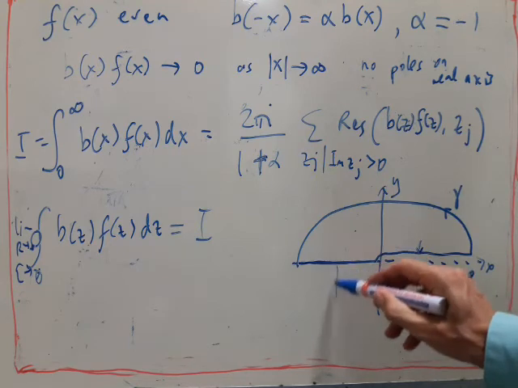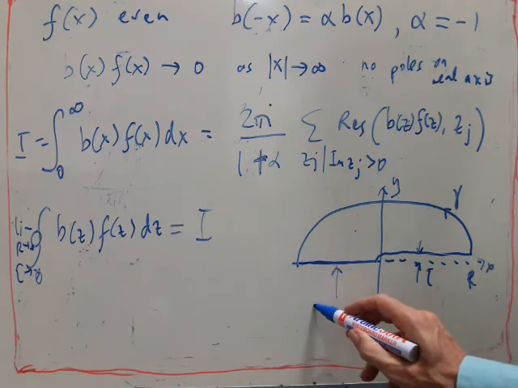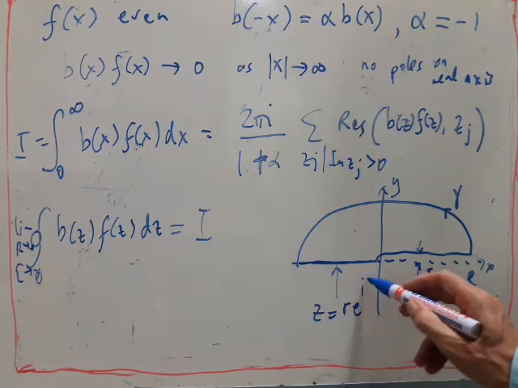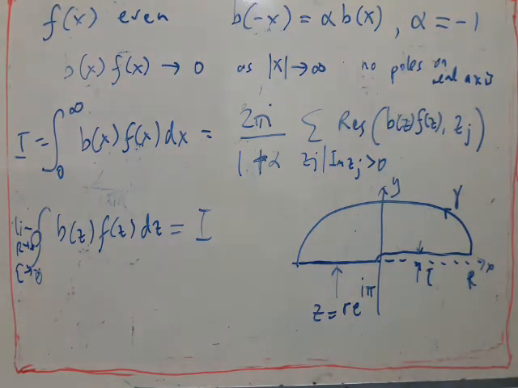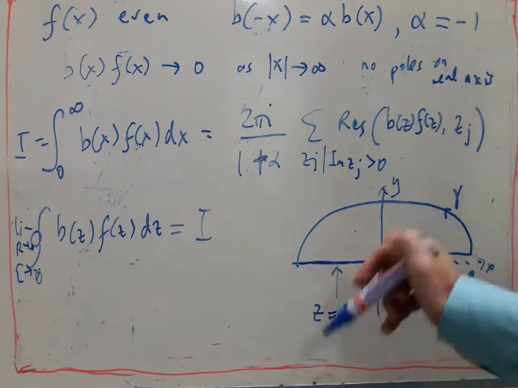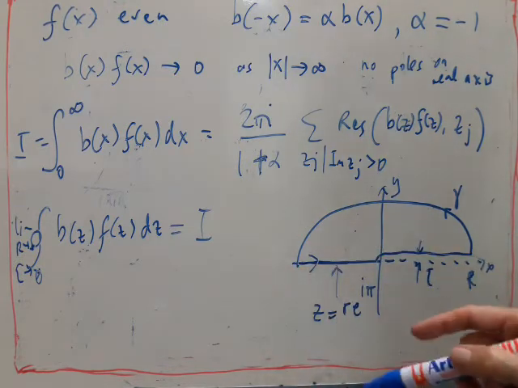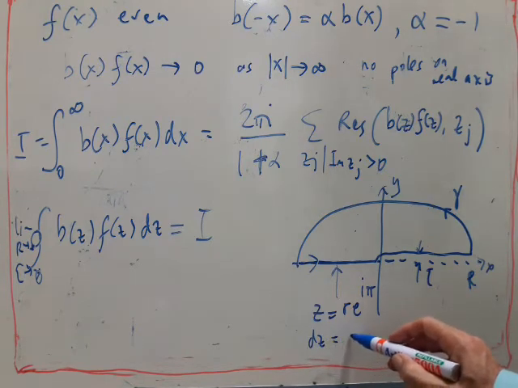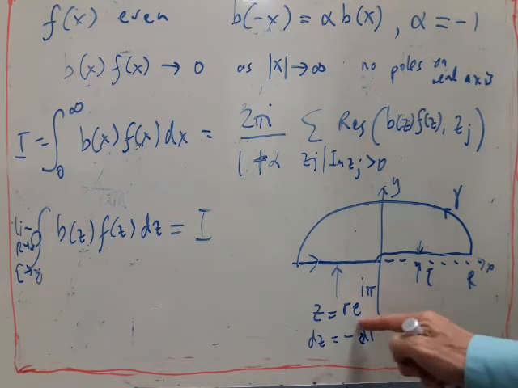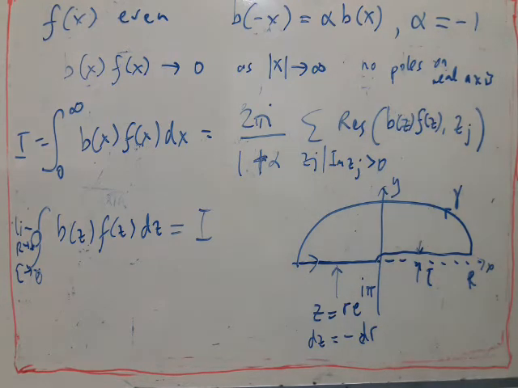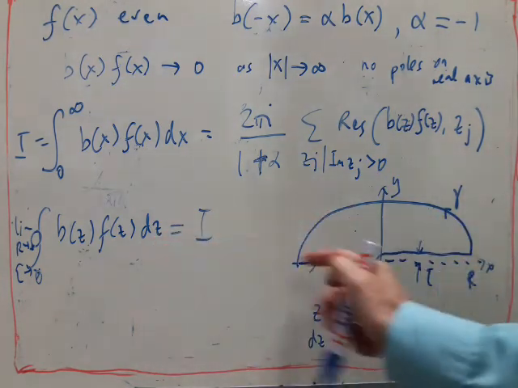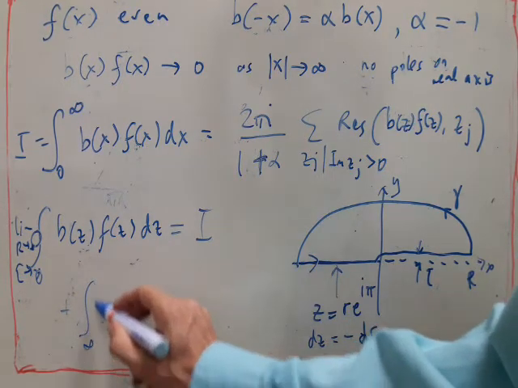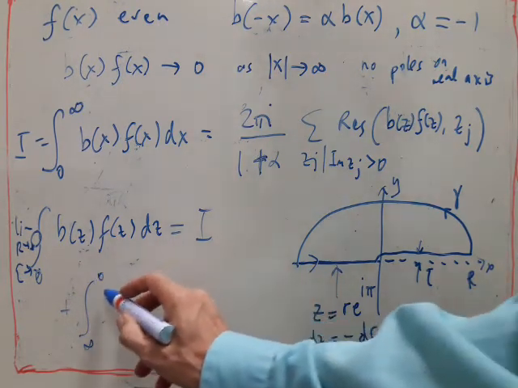So what do we have here? Here we've got z equals r times e to the i pi, and r is ranging from infinity down to 0. Which means that dz is equal to minus dr, because e to the i pi is -1. So this integral along here is the integral from r equals infinity to 0 of